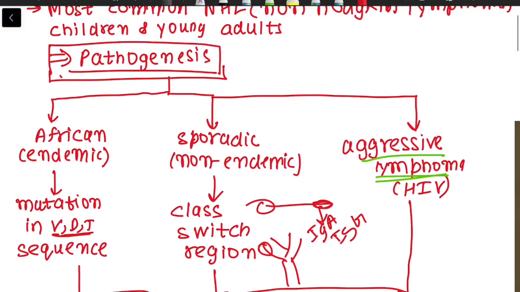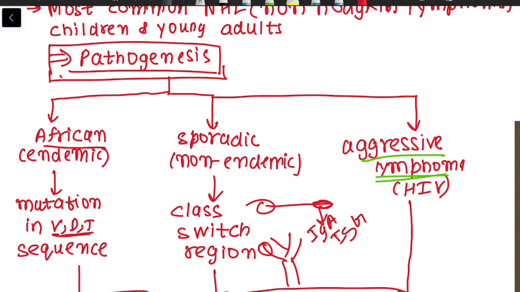Now in these three presentations, one is the African or endemic one, because Burkitt lymphoma is endemic in African regions, and one is the sporadic cases, which are non-endemic. The third, which has the poorest prognosis, as the name suggests, is the aggressive lymphoma, in which the patients, along with the lymphoma, are also infected with the HIV virus. Now what happens is that in the